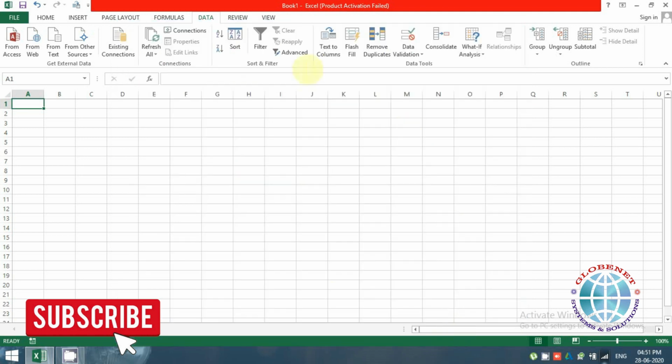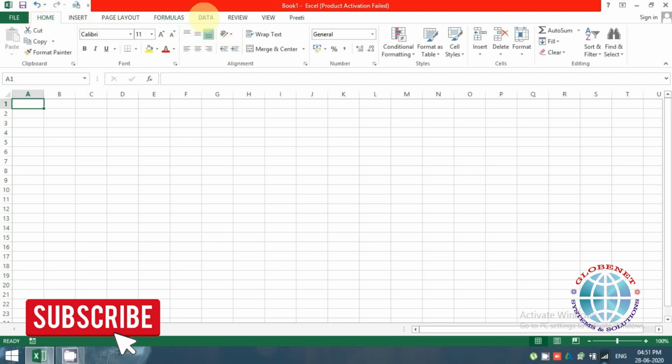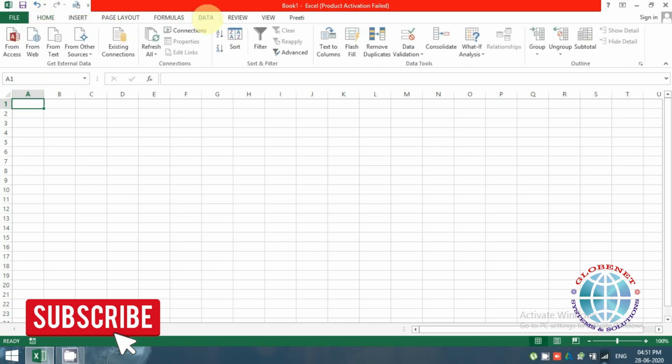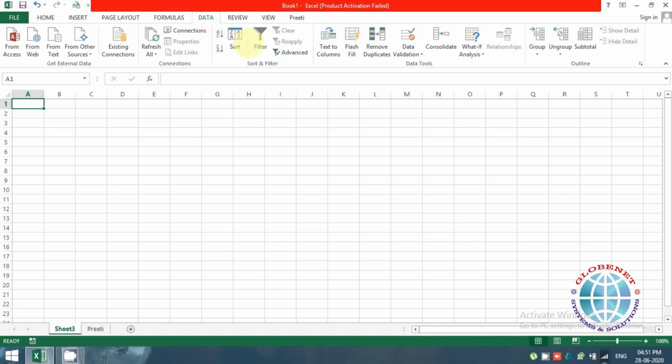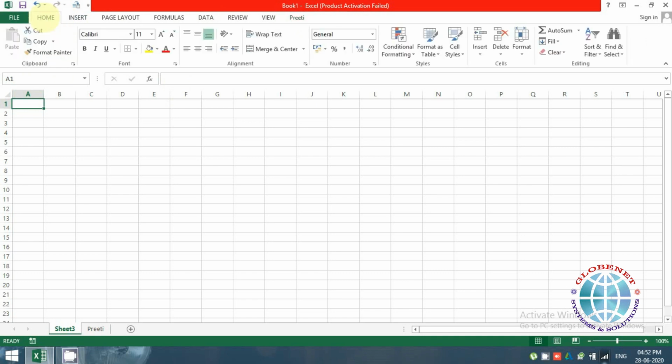and then you'll do OK. So a new tab gets created, with the name I've mentioned over here, and this is the group that I was saying. So this is the group name and these are the options I had selected. So it's as good as going to the original option over here. For example, if I want to do a filter, I would go to data and filter. It's as good as doing the same thing. It's just that it is all together. The features which you would frequently use are all together and you don't have to go to other tabs. That's the only plus point.